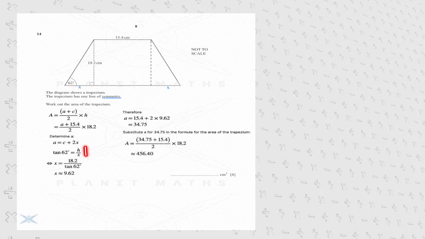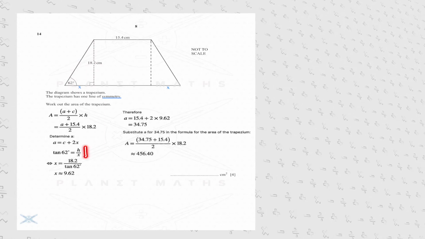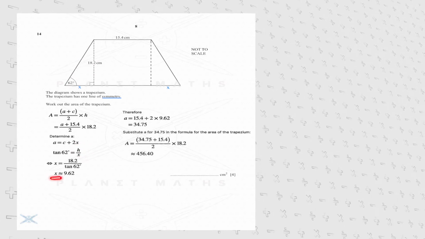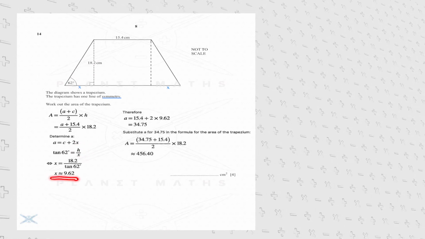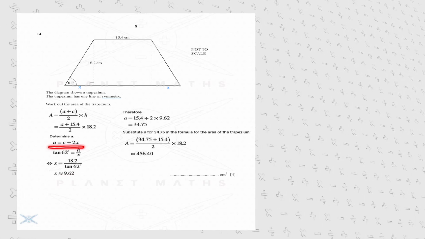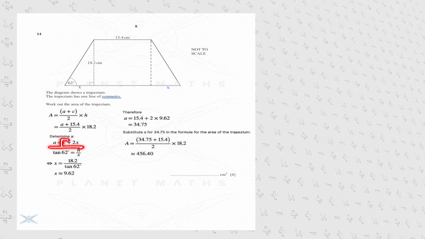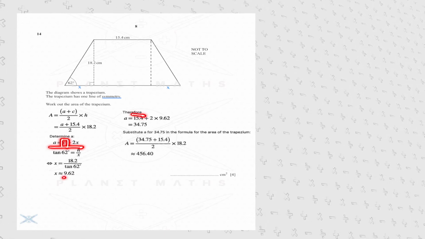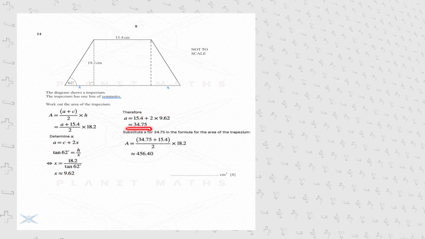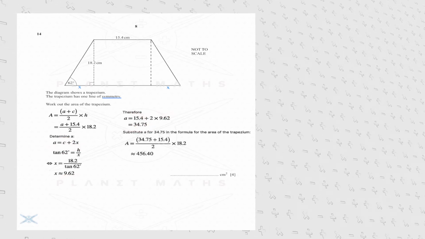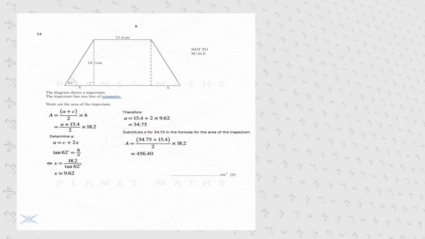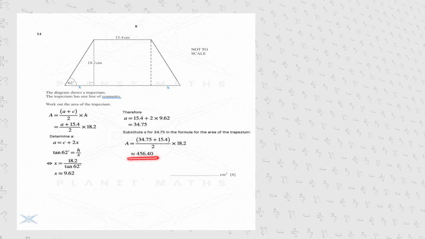So at this stage, we will rearrange the equation for x, since this is the value that we are looking for, and substitute h for 18.2. Therefore, the approximation of x correct to 2 decimals is 9.62 centimeters. Now we can revisit this equation here and insert the value for C, which is 15.4, and the one of x, which we have just determined, leaving us with a solution that the length of A is 34.75. And in a final step, we can now substitute A for its value that we have just determined and can conclude that the area of the trapezium is approximately